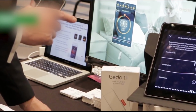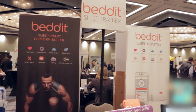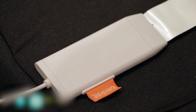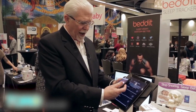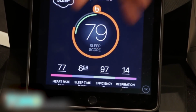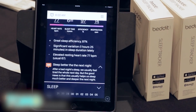Beddit Smart is designed to give people tips on how to sleep better. Researchers at Beddit are trying to convert ordinary beds into smart beds with the development of a sleep tracker, which works with an ultra-thin sensor that is placed between the bedsheet and mattress. Dean Tucker is Vice President of Sales and Marketing at Beddit, and according to him, you just lay on it, you don't have to wear anything, you don't have to turn anything on, you just go to sleep and it tracks your sleep. The sensor measures heart rate, respiration, and movement, while a microphone on their user's mobile device detects